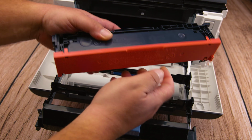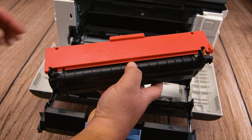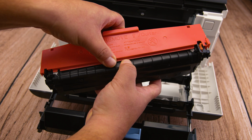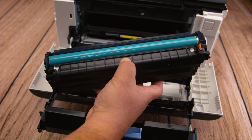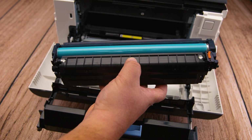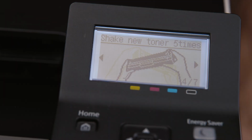And lastly, we want to go ahead and remove the orange protective cap on the toner. Remember, you don't want to place your hands on the rollers or anywhere where you might get toner on yourself. And that's a pro tip. And now that the toner cartridge is fully opened and now is naked, thanks to you,